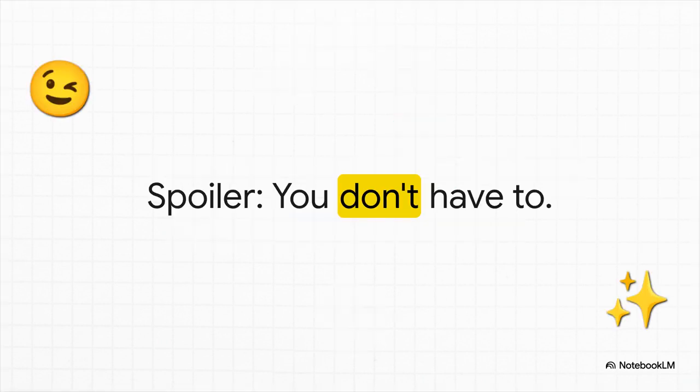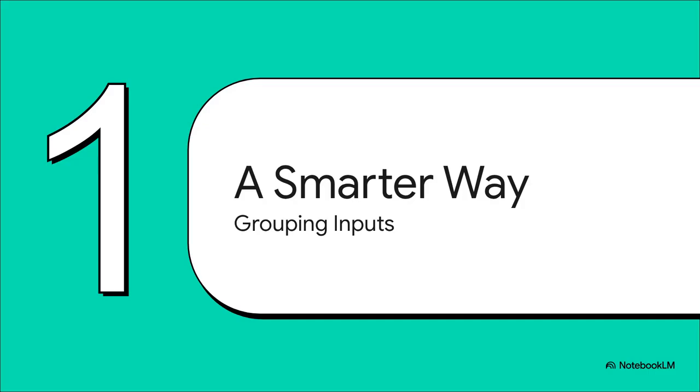Well, here's the big secret. You don't. You absolutely do not have to test every single thing. There's a much more elegant solution. It all starts when you stop looking at inputs one by one and start seeing them as members of a team. And this idea, this whole concept of intelligent grouping, brings us to our first core technique,